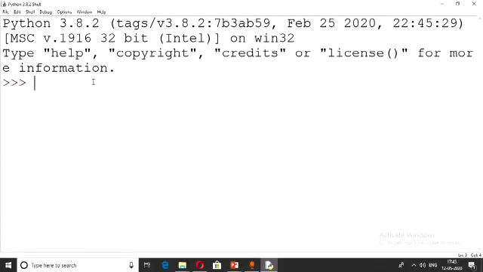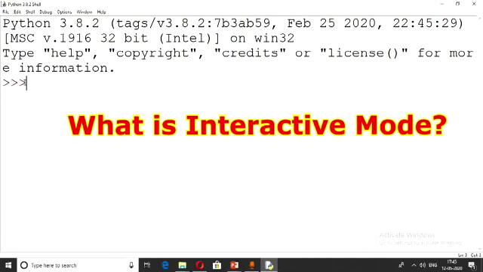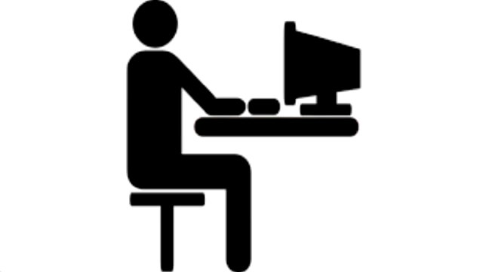Now let us start with the interactive mode. What is interactive mode? Interactive mode is a mode in which the flow of information is freely done between the computer and the user. Now, what is the use of interactive mode?